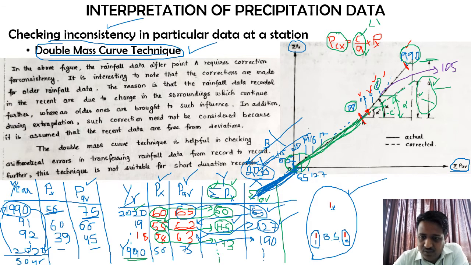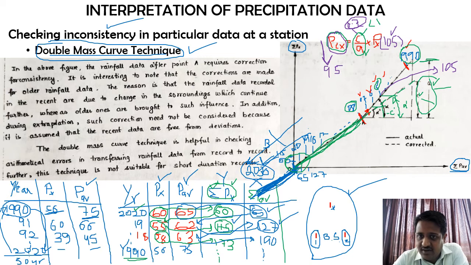Okay, so this Px value is what? 105. And similarly, if I say this particular ratio has come out to be 0.7, at that point of time my PCX value will always be less than 105. The reason being I am multiplying it with 0.7, that is less than 1. So because of that, my value of PCX will be what? Less than 105. Imagine that value has come out to be 95.